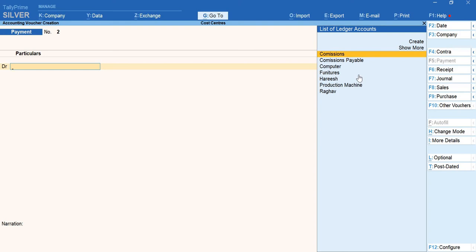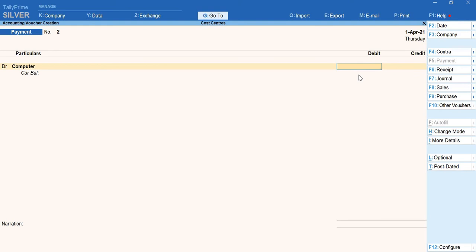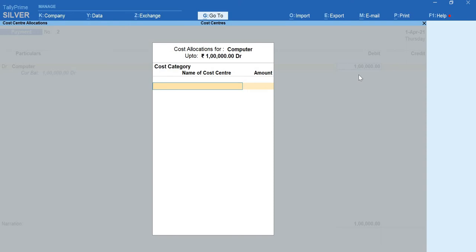I have to enter it. Again, it is a fixed asset, so I have to enter a payment voucher. Strike the F5 function key, and same rule: computer is also an asset. Debit what comes in, so the computer account should be debited for the value of 1 lakh rupees. If you enter 1 lakh rupees and strike enter, you will get the cost centers and category.